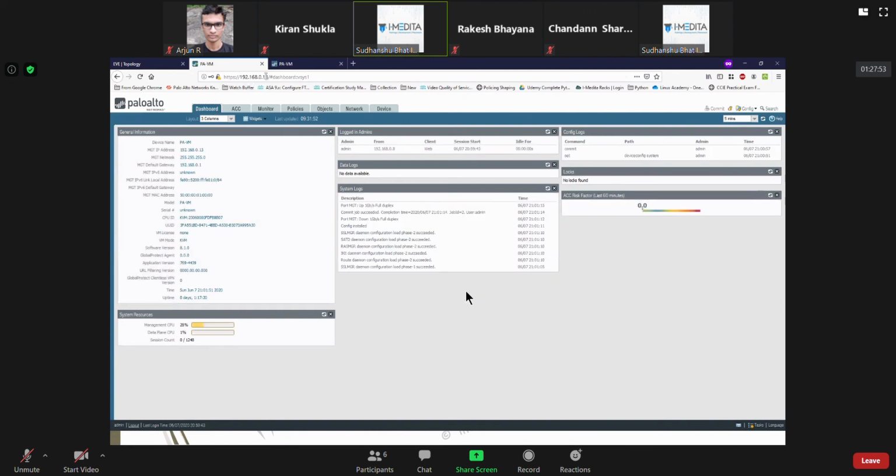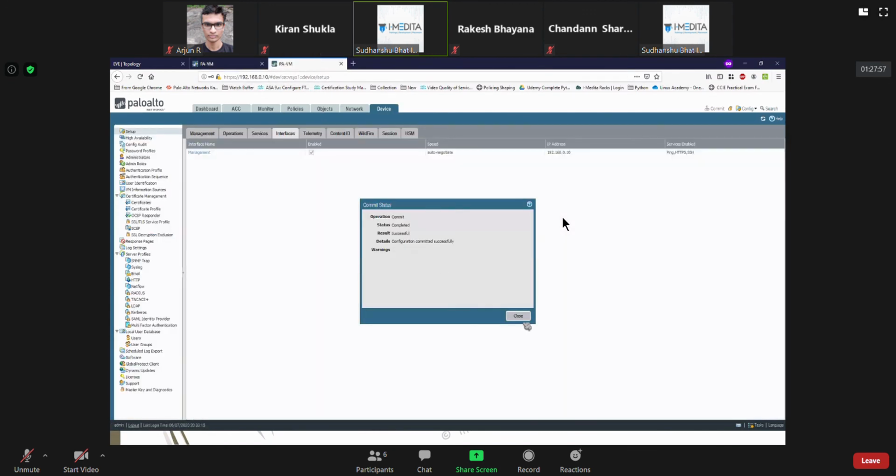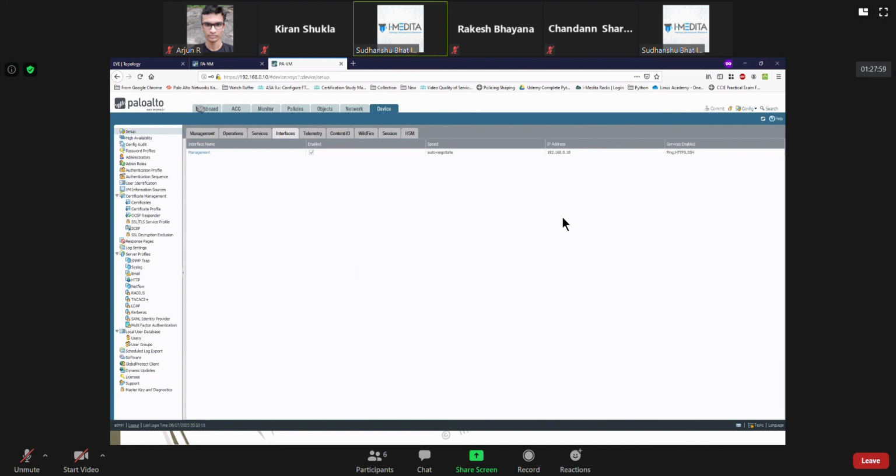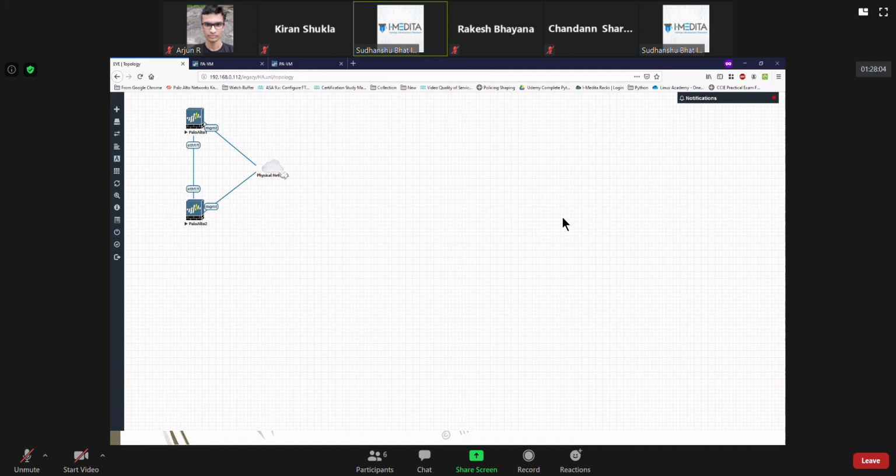So we have a Palo Alto 1 with a static IP now, and Palo Alto 2 also has a fixed IP. Just imagine this is a switch which is connecting them, through which I'm managing the firewall. Management interface to management interface, HA1 traffic will be sent back and forth using this.